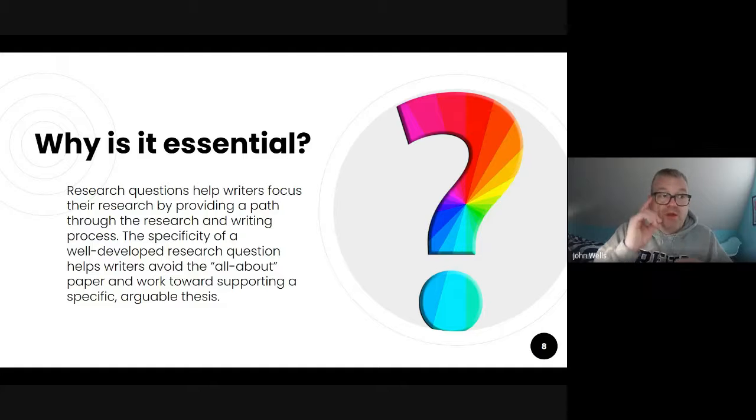Instead of just, I'm going to write about blank, and I go to Google and start typing stuff in. The research question helps make a path. It says, here's what we need to try to find. The specificity of a well developed research question helps writers avoid the all about. In other words,